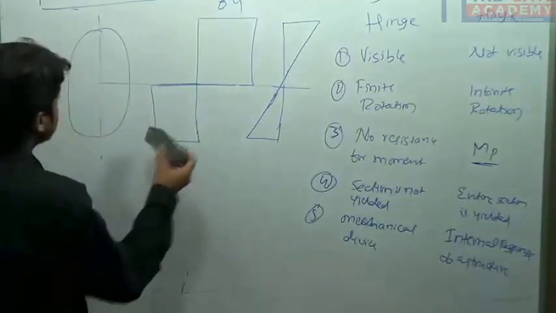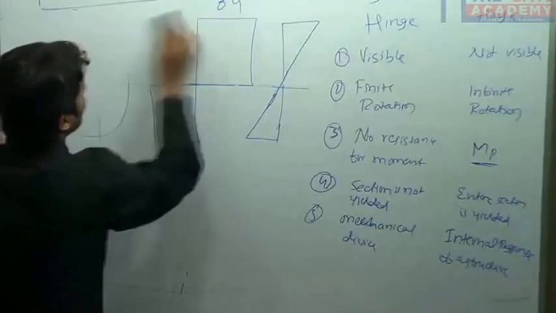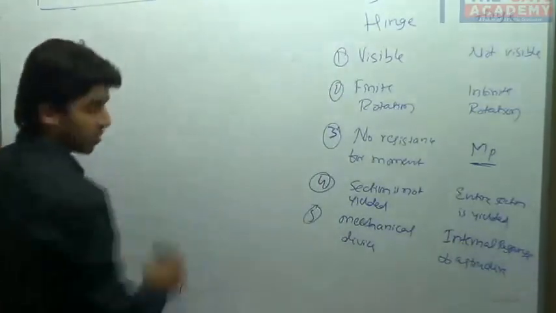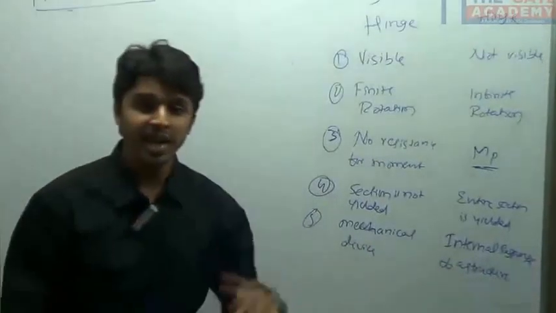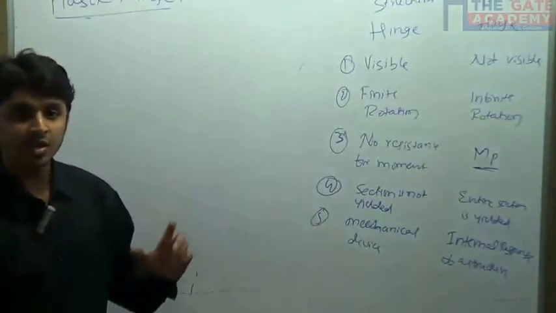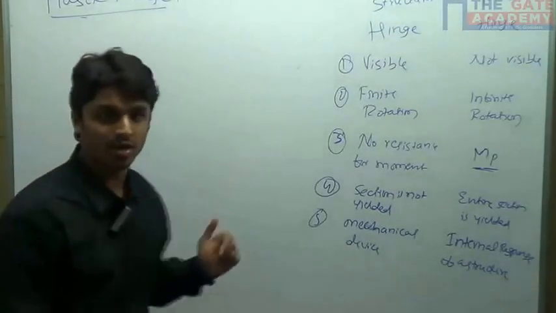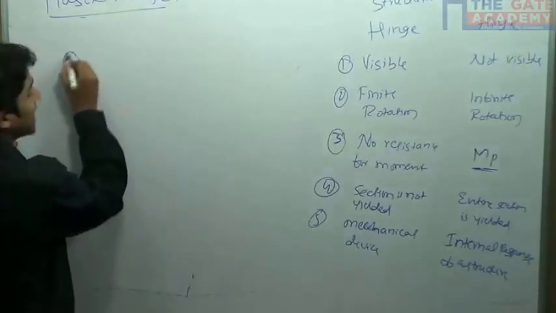Now, where is the plastic hinge location possible? Where can a plastic hinge develop in a structure? Which are the critical locations in which a plastic hinge can generate or occur in a structure? The first one is